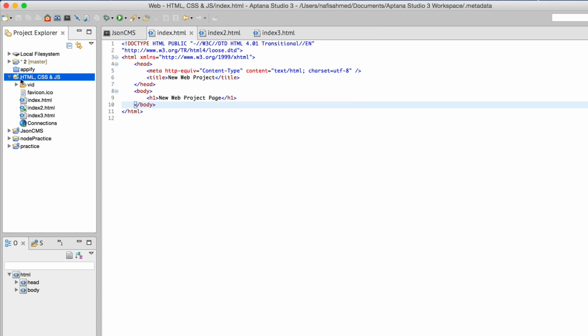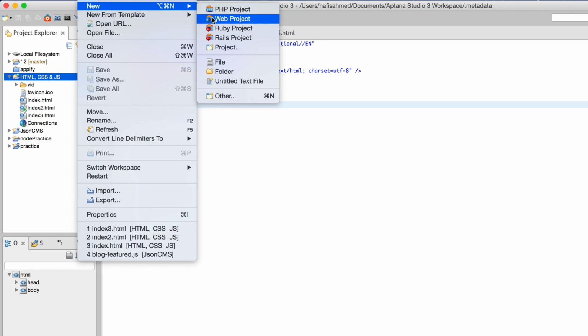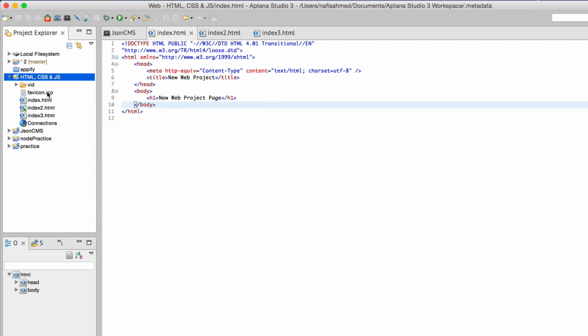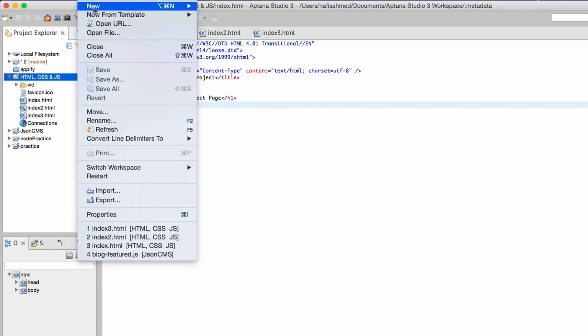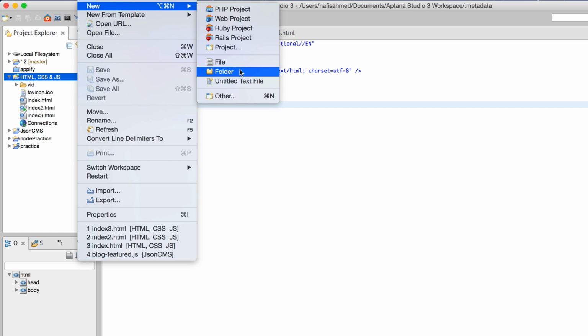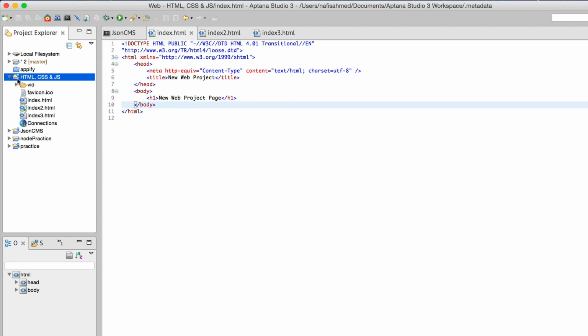Because I already created this project file, it's really simple. You just need to do that as I've already told you. You create that using File, New, and Web Project. So you can even just create a simple folder, which will be an empty folder, and then if you don't get